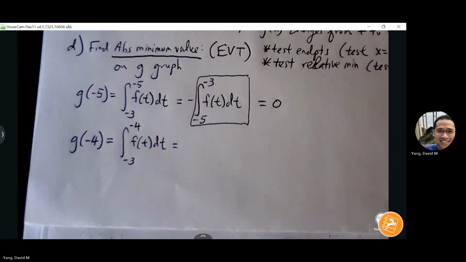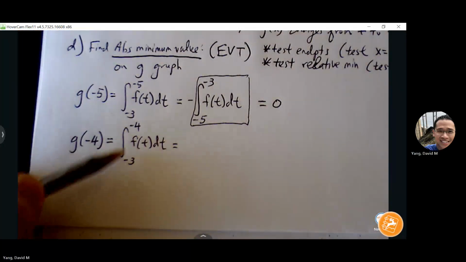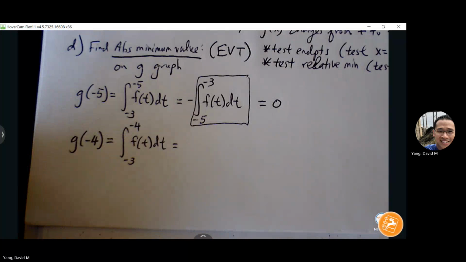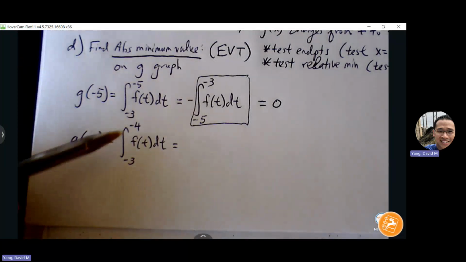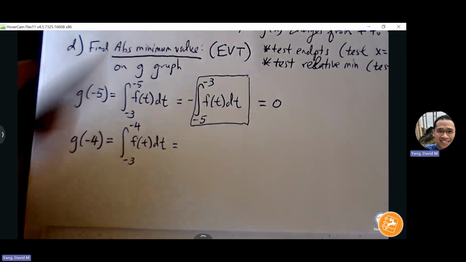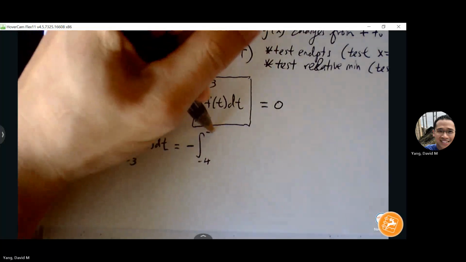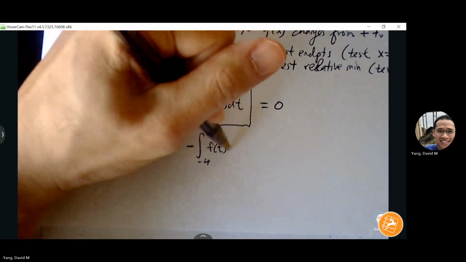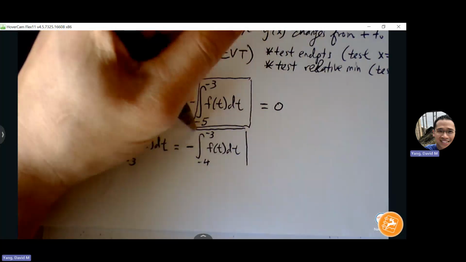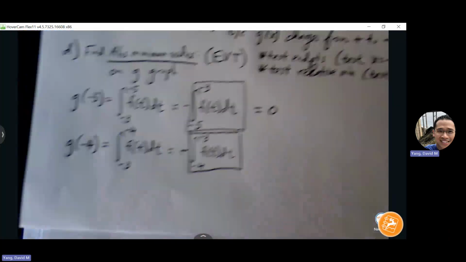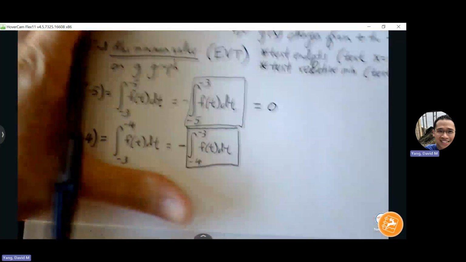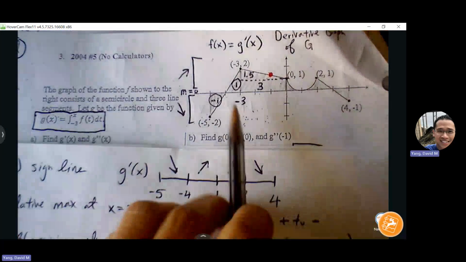Any adjustment needed? Yeah, let's flip the bound. Let's change the order of the bounds because the -4 is the lower number, right? We want the lower number below, and then just pull a negative out in front. Okay, so I'm going to figure out what this piece is, and then I will change the sign after I figure out that number. So the integral from -4 to -3,